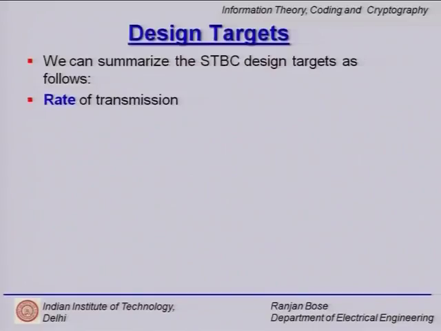First is the rate of transmission. Direct implication on the bandwidth. Today all practical designs require us to transmit data at higher and higher rates. So, one of the greatest benefits is the rate improvement. We can get full rate codes, and therefore we would be very happy to have rates as high as possible as one of the design criteria.